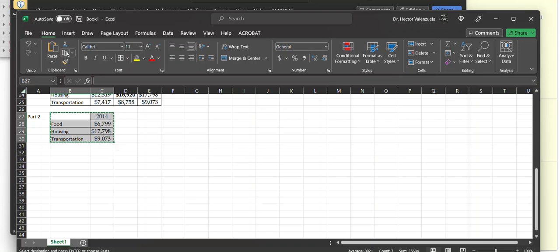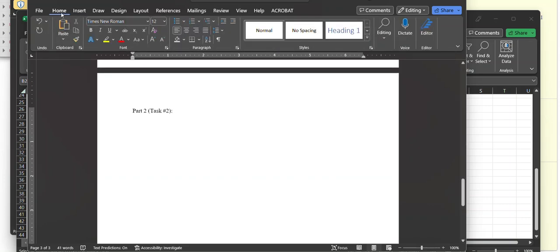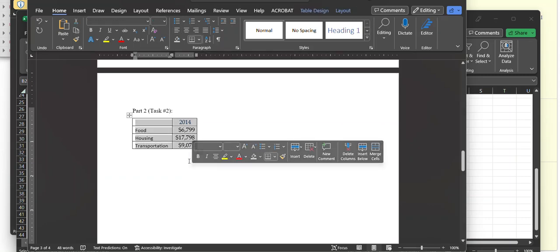So I'm going to go back and do my copy, and I'm going to do my click on home up here, paste. Now my cursor's outside of the chart and I can work outside of the chart. So if you get stuck inside the chart, or the table, just delete the whole table and start over. Okay, now I'm going to select my chart,